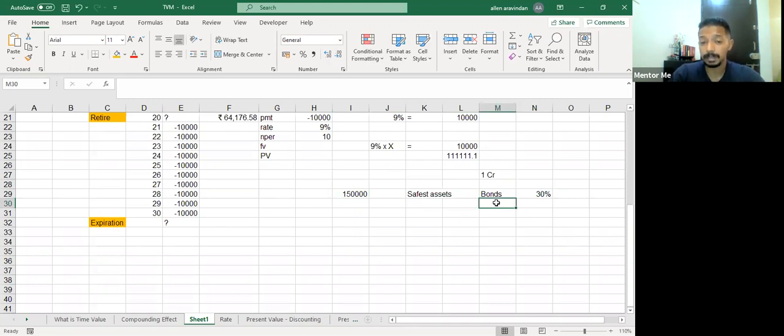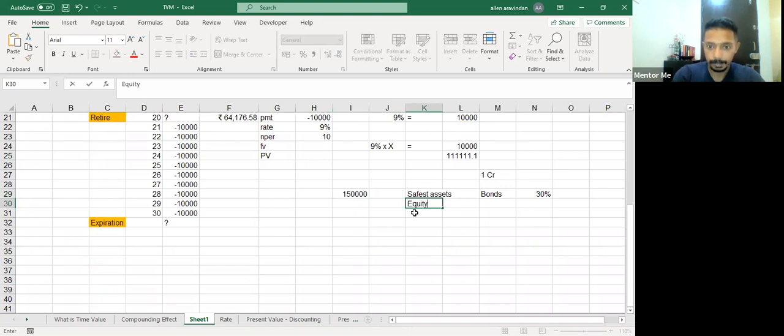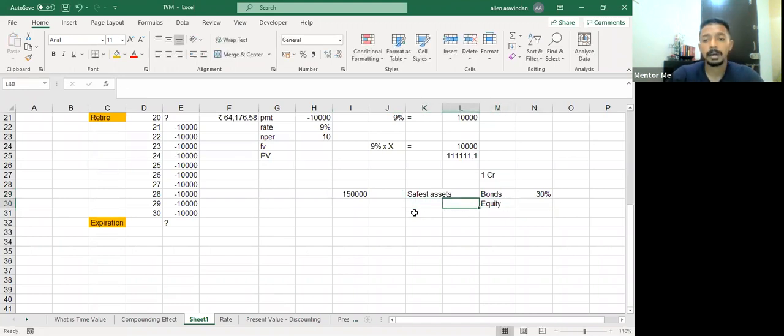How will we beat the inflation? Because if we just rely on 15,000, that means my principal value will remain the same. And if my principal value remains the same, that's time value of money, right? The value of 1 lakh will keep on depreciating. So we are screwed. What we're going to do is also take some equity exposure, but limited, just to beat inflation. So there will be an equity portfolio, generally large cap investments, the top 50 companies of India. Let's say about 15 or 20% would be the equity exposure.